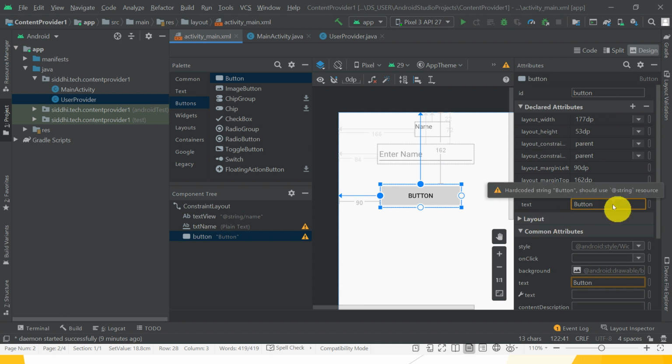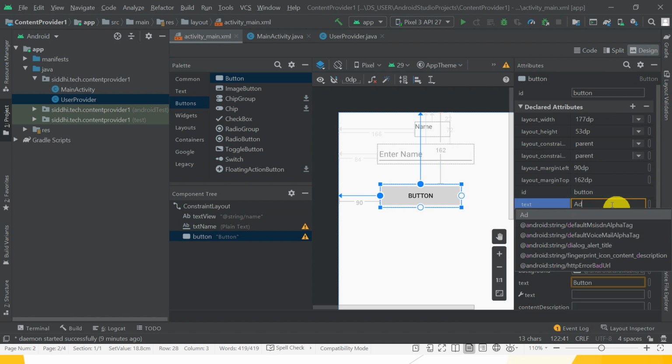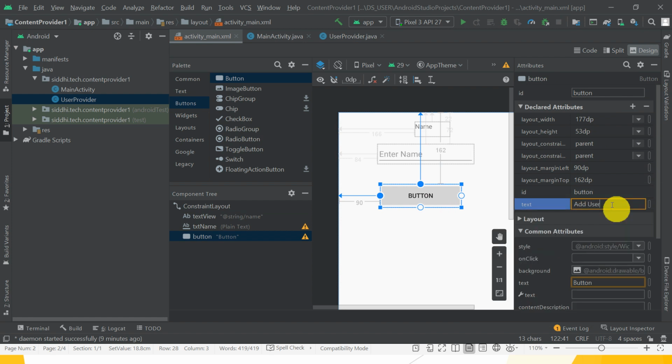The text is Add user. Also give the name to the button, btnAdd. So btnAdd is the ID of the button. Great. Hope you understand, guys. Next, take the second button.